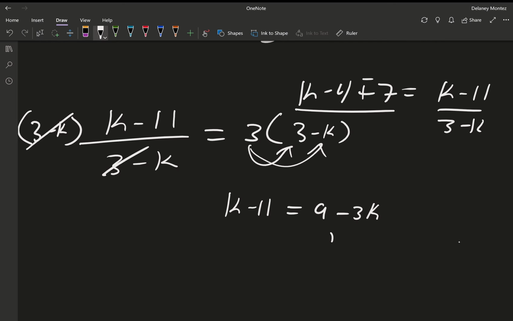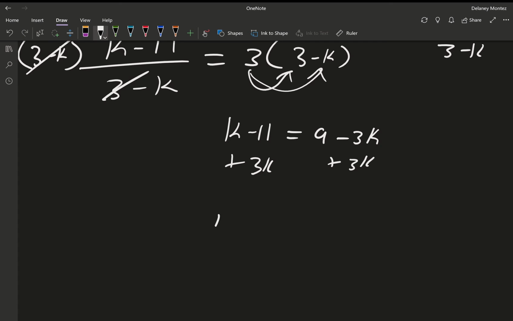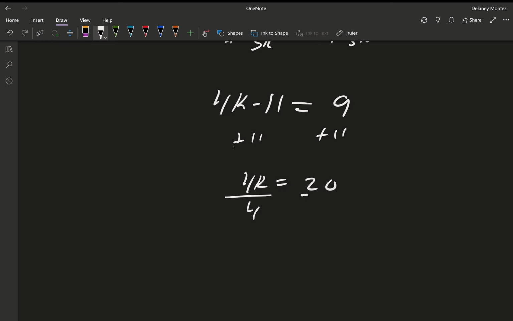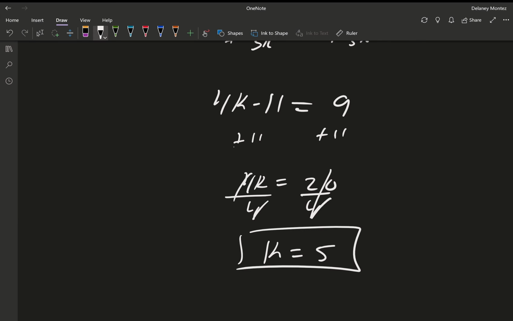So we'll add plus 3k to both sides, right? So now what you'll get is 4k minus 11 equals 9. And then you'll get plus 11, 4k equals 20, right? Divide by 4, you get k equals 5, right? So what does that tell us? That tells us